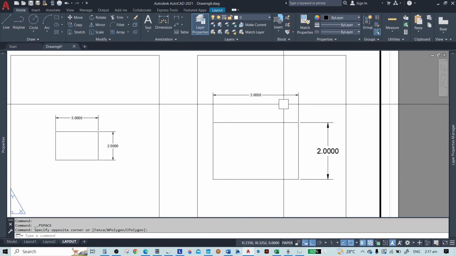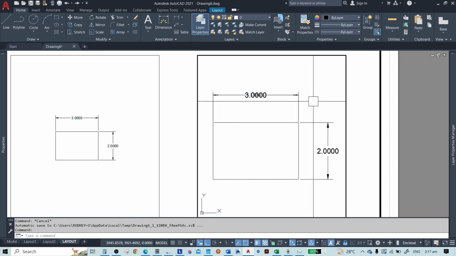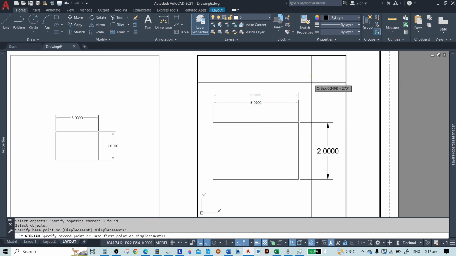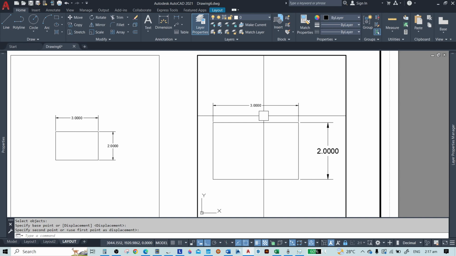So the proportion is not good. So you can edit this one. Let's say for example you want to stretch this one, do not stretch that one, because the other one here, the scale 1:1, will be affected.